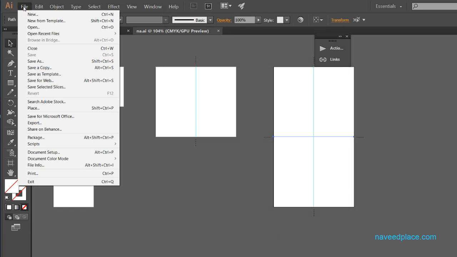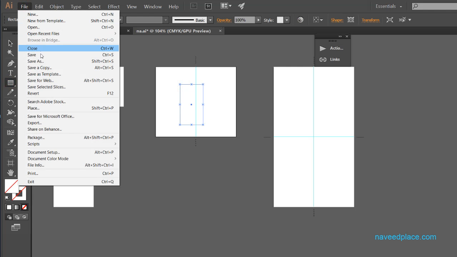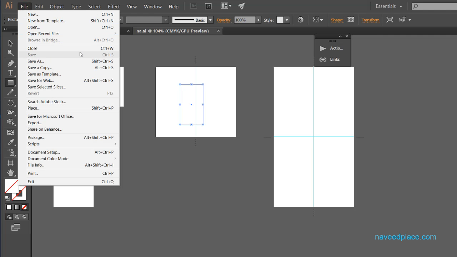And if I want to save again, I will click on Save. Let's suppose I take a rectangle, and after that if I want to save, I can do Save. But here's the problem. Let's suppose I want to change the location. Before, I saved on the desktop, and now I want to save in, for example, a USB. So how can I save? If I click on Save, it will be saved in the same place.